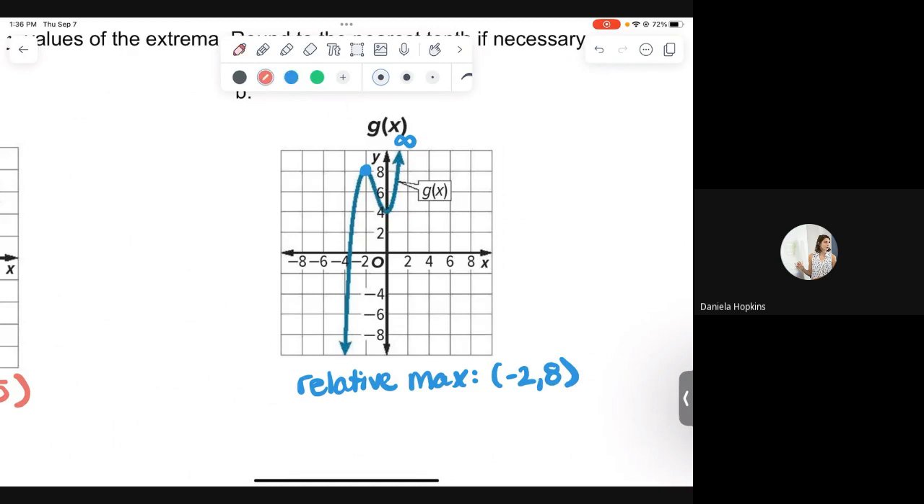Now, same thing as I look for a minimum, I see an arrow here that's pointing down. So that means I'm going down forever, which would mean I'm going to negative infinity. So there's no minimum. However, I again have a little dip. So my relative minimum,